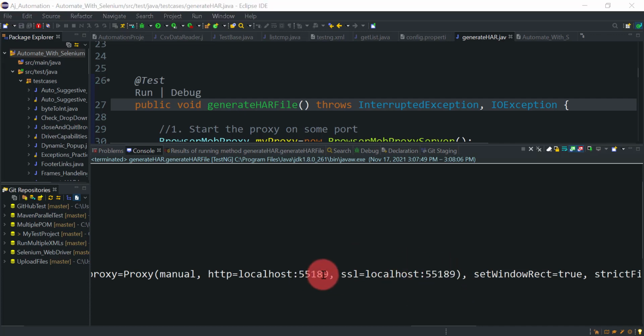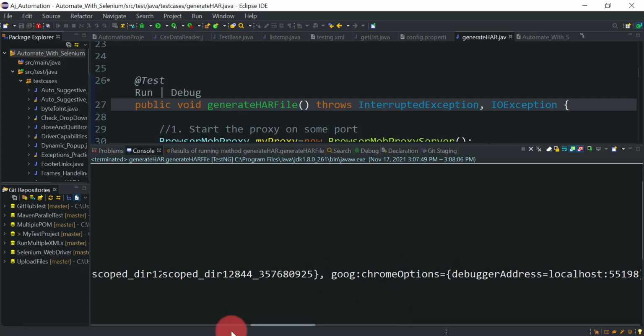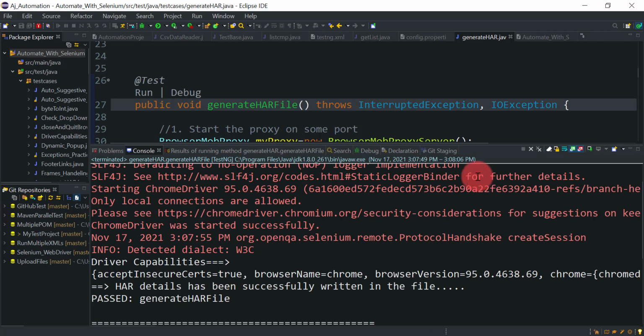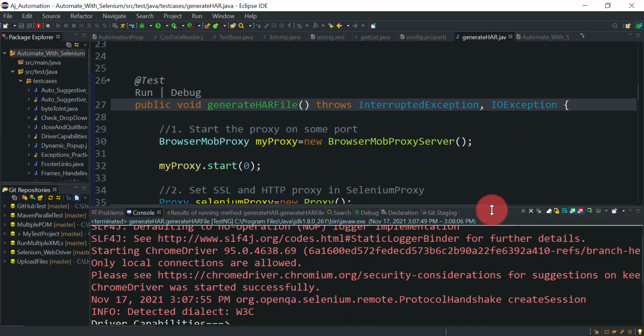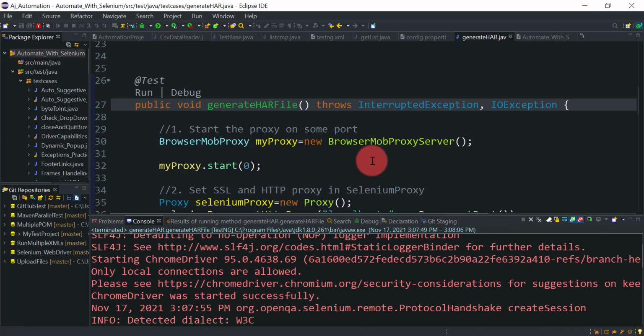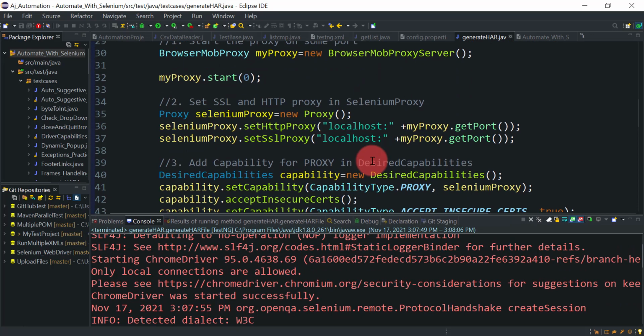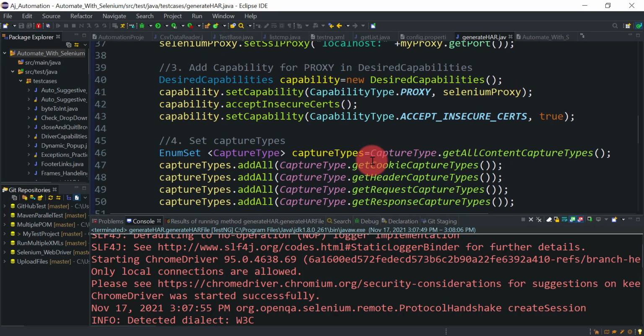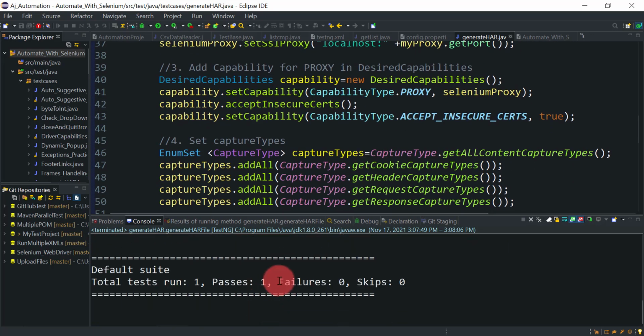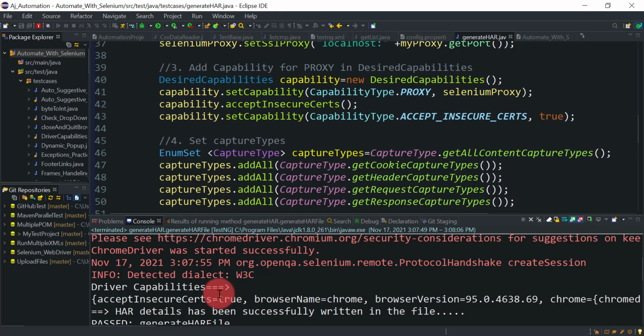To see this I have printed our driver capabilities. There is a separate video on how to print the driver capabilities in Selenium, so you can watch that on my channel.